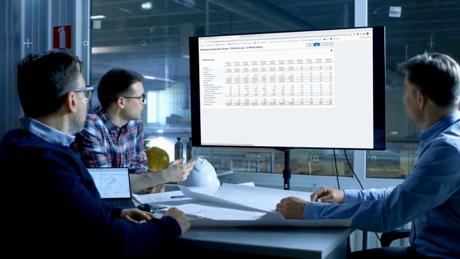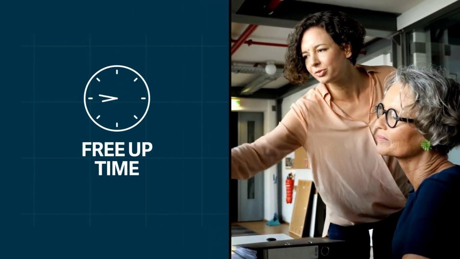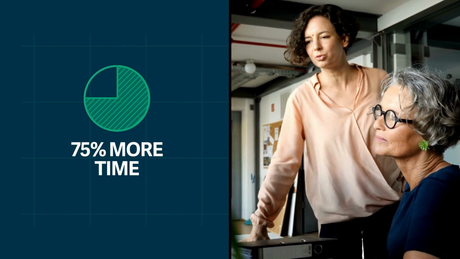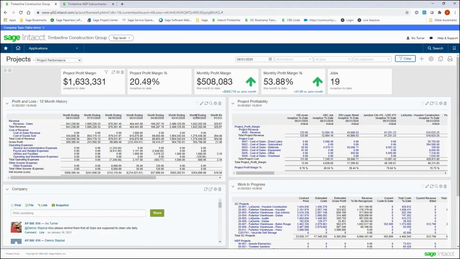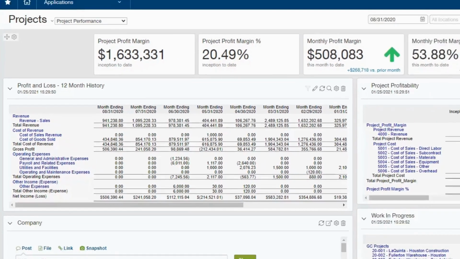As a result of the associated gains in efficiency, Sage Intacct customers have been able to devote as much as 75% more time to activities such as business analysis and strategy. Over time, companies generate many standard and custom reports. When opening the top-level entity, we see a number of key reports which provide us with real-time information on important